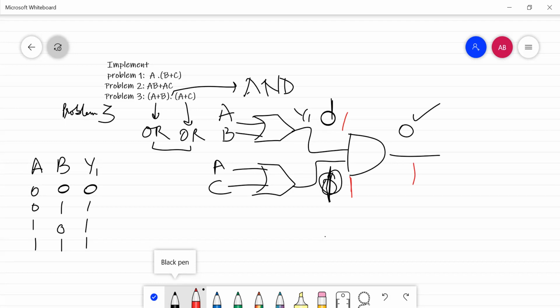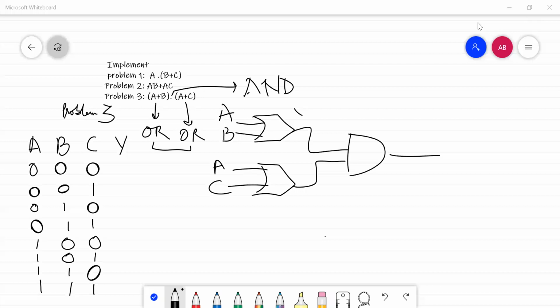So if I am going to write down here, we have taken the three inputs that are going to be there for the OR gates, the various combinations. When AB is 0 as well as AC is 0, you can see that the output is going to be low only. Similarly, when A and B are 0, while A and C are 0 and 1, the output is 0 only here. So similarly, low here again.